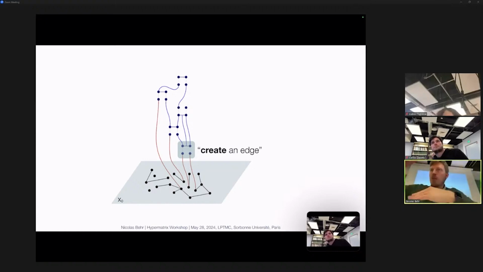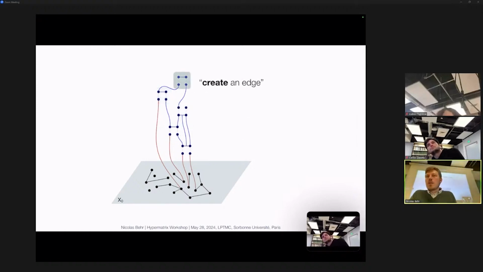Then I add an edge. This is a little comic diagram. I maybe continue adding another edge. Maybe I delete some edge and create another, something very, very basic. Imagine this is an algorithm, a program you're running. And then after each operation, you get a slightly updated graph. And I guess this is a very, very prototypical situation in many fields of research.